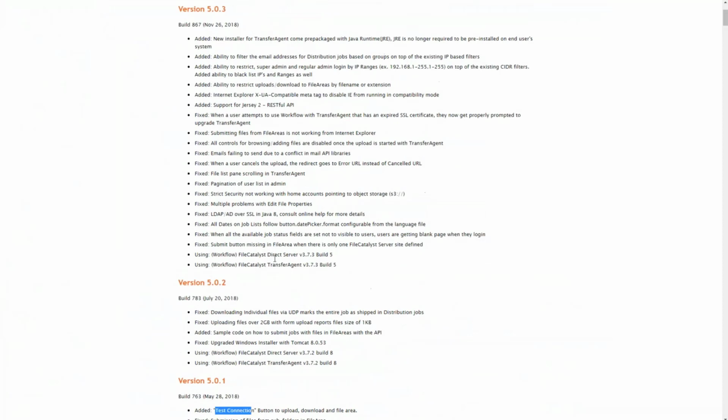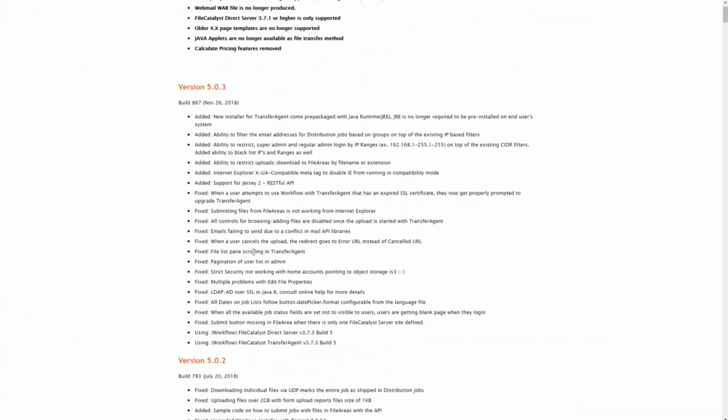the workflow. So the next release we did, and this is the big one, and really that's why the webinar came on for, was to talk about the 503 release. The 503 release added some bigger changes to how workflow works. One of the biggest ones that we added is that the installer for TransferAgent now comes